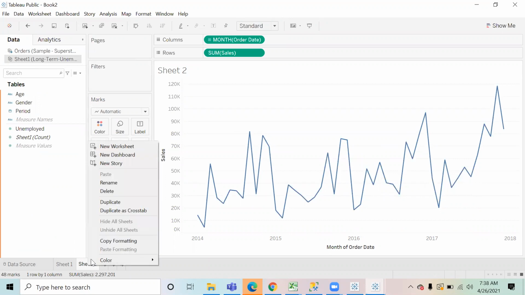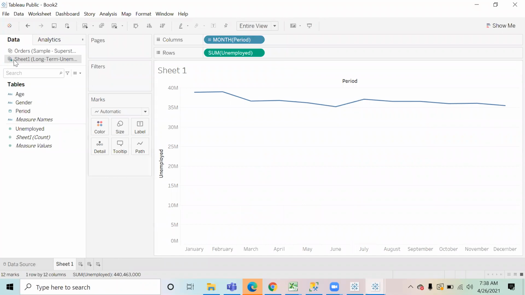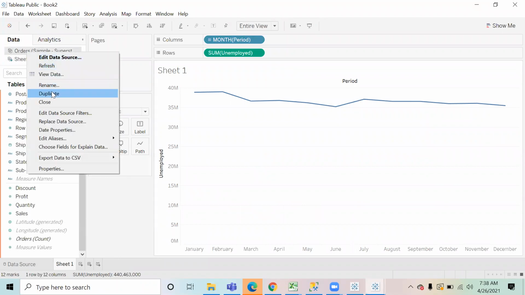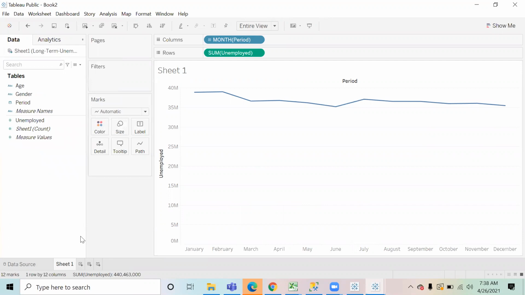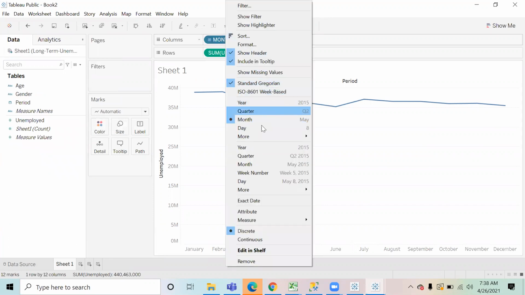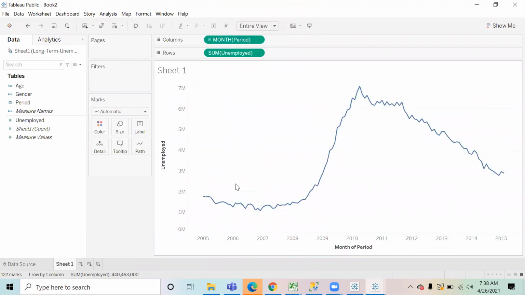So let's come back to this order sheet now. Let me just delete this. Now over here, if you select the month not from this dialog box, but from this dialog box, we are going to select month from here. Now you are going to get the complete detailed chart, right? Jan 2005, Feb 2005, March, April, May, up till December. Then you have all the months of the next year, then all the months of the next year. Likewise, you will be able to see all the months of all the years.